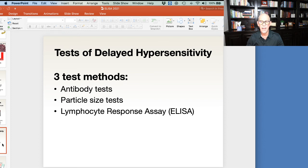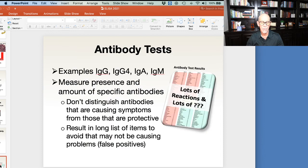The tests of delayed hypersensitivity type are the antibody test, the particle size test, and the lymphocyte response assay, our hero test, the ELISA test. This is one that is our most favorite. Let's talk about each individual one. Antibody test, this is the most common. It's the most popular, most inexpensive. The unfortunate